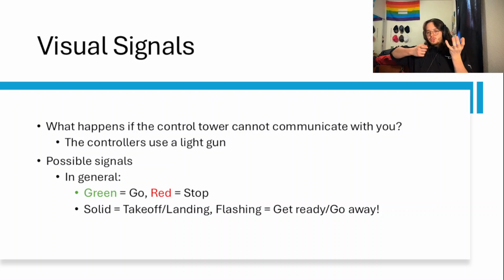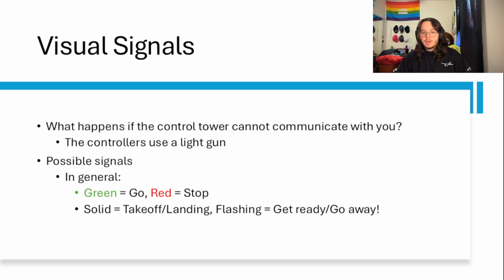It's like this huge... The best way I can describe it is, if you've seen Despicable Me 1, they have like the fart guns. That's what it looks like. It's a gun with a huge opening, a circle opening, but it's light instead. They can be red or white, and when they pull the trigger, it turns on. They can flash it by doing multiple pulls, or they can just pull the trigger once,